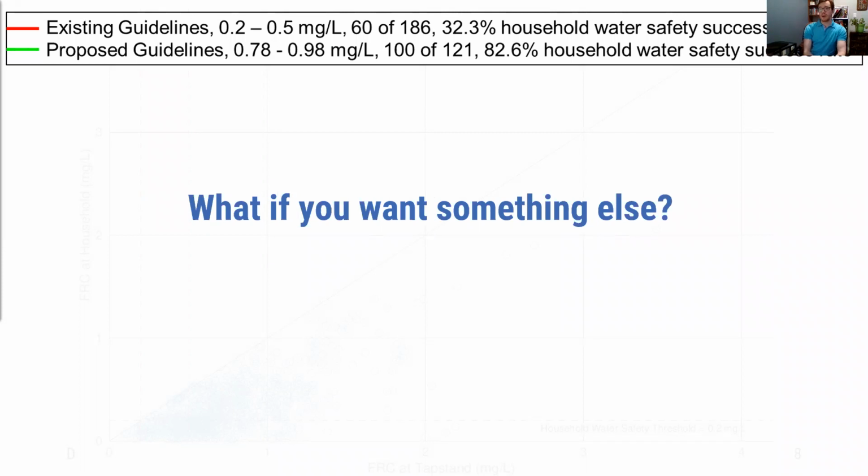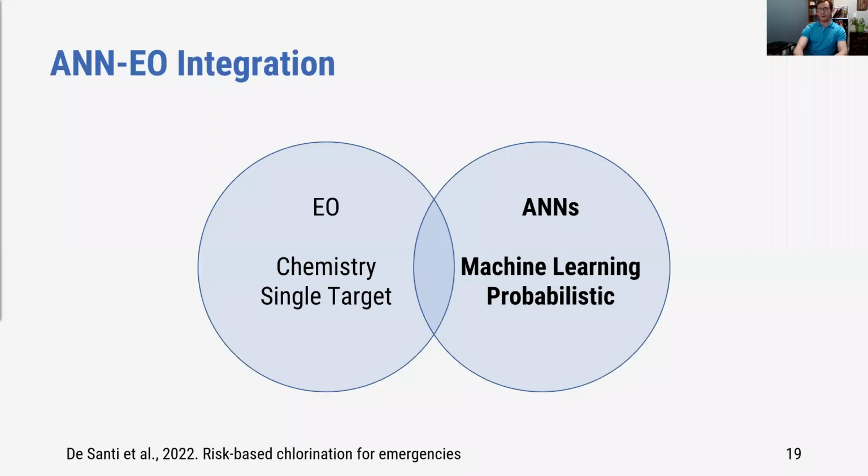Or maybe the FRC target is too high and you want to see if you can go a little bit lower without drastically increasing the risk. The EO doesn't have a way to deal with this. Again, if you upload the same data set to the EO, you always get the same response. However, the probabilistic ANN models can address these questions, and they do so by prospectively forecasting the risk based on